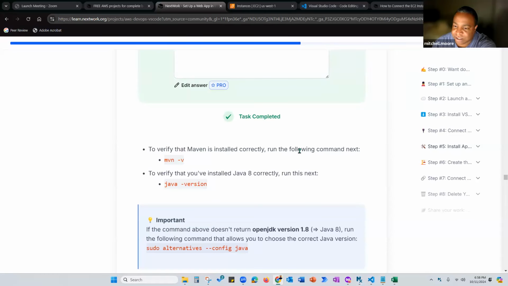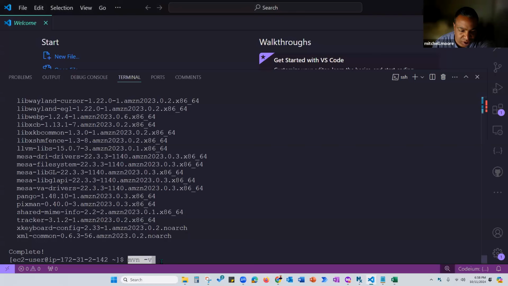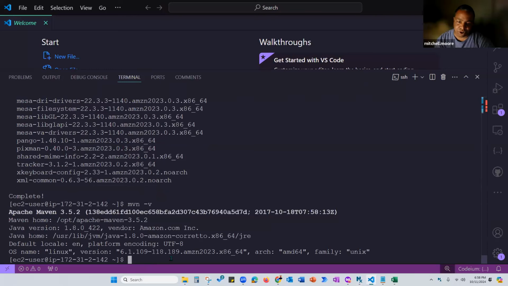Okay, so we're gonna hit done to verify that Maven is installed correctly, running the following command next. So we're gonna run this mvn with the -v. That will give you the Maven version. Also, it tells you that